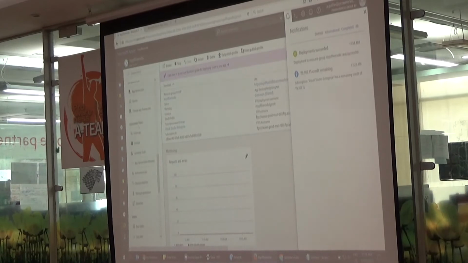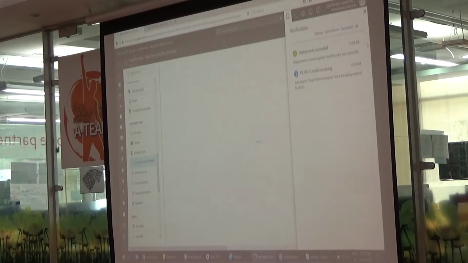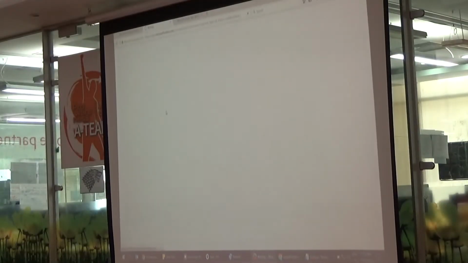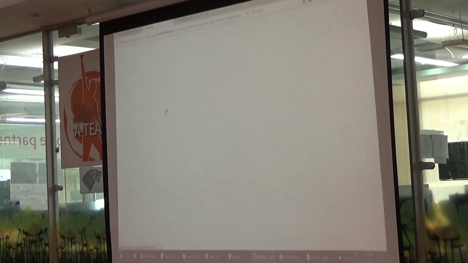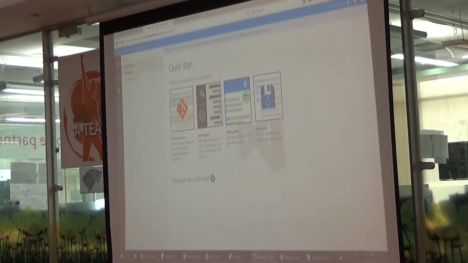So under development tools, there is something called App Service Editor. Let's close this notification. So App Service Editor allows you to edit your website live. That's what I'm going to do right now. Okay, you can see it's going to wwwroot. If you know IIS, you know that you landed in wwwroot. This is the hosting start, the default page that you're seeing.